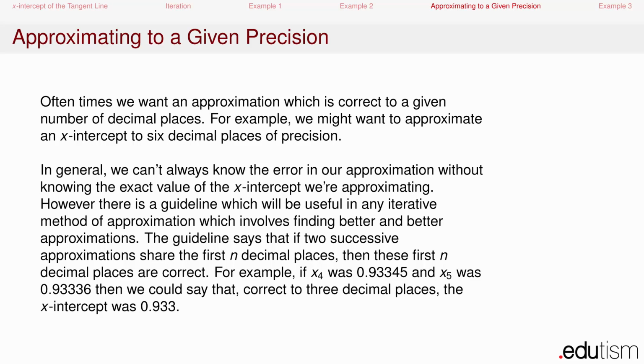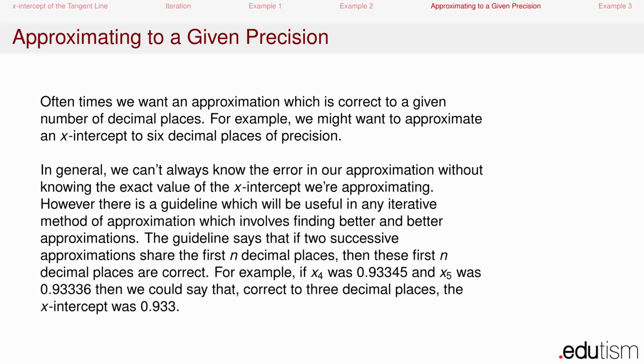Oftentimes you want an approximation which is correct to a given number of decimal places. For example, we want to approximate an x-intercept to 6 decimal places of precision, or 10 decimal places, or 3 decimal places. In general, we can't always know the error in our approximation without knowing the exact value of the x-intercept we're approximating. Basically, we can't know how far we're off by without knowing the exact value of what we're looking for. However, there's a guideline which will be useful in any iterative method of approximation which involves finding better and better approximations. The guideline says that if two successive approximations, if two approximations in a row, share the first 10 decimal places, so they're the same in the first 10 decimal places, then these first 10 decimal places are